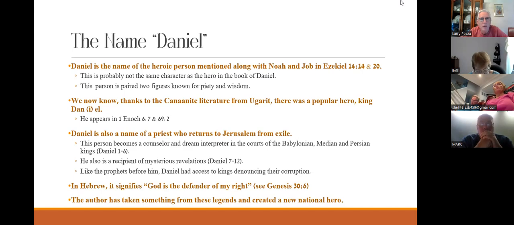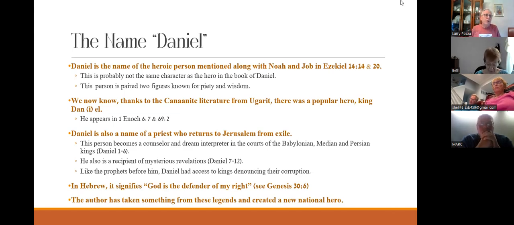So if there's any way of describing Daniel, it might be better to call him part of a priestly elite class, even more so than a prophet. What we find is that Daniel does seem to make these mysterious revelations, but at the same time, he seems to be an interpreter of current dreams that Nebuchadnezzar is having. In Hebrew, his name means God is the defender of my right. And that is a similar reference to what Rachel says when she finally has a child back in Genesis 30,